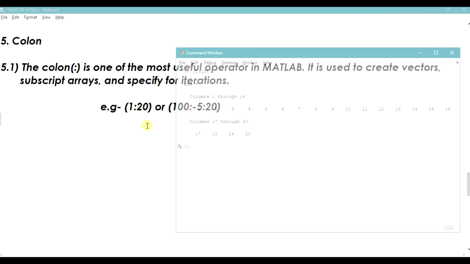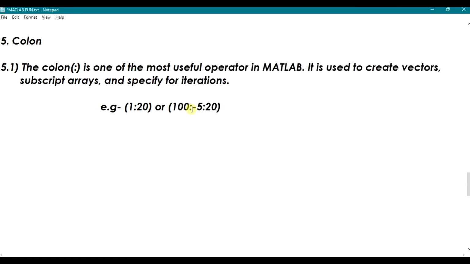Now here it says 100 colon minus 5 colon 20. So basically it means that the counting will start from 100 and go down, but not completely to 1. Here the middle value is minus 5 and the end is 20. So the numbers will start from 100 and decrease in steps of minus 5, like 95, 90, 85, 80, and so on till 20.